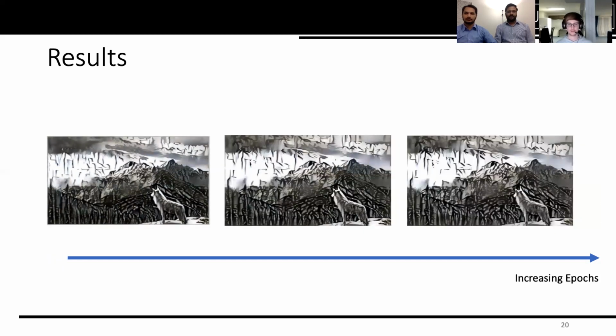And then these show the progression. As you increase the amount of iterations when training the model, you start to see more of the content, more of the style, and that's just proof that the loss between the style and the content loss is slowly going down as you iterate more and more up to a certain point.